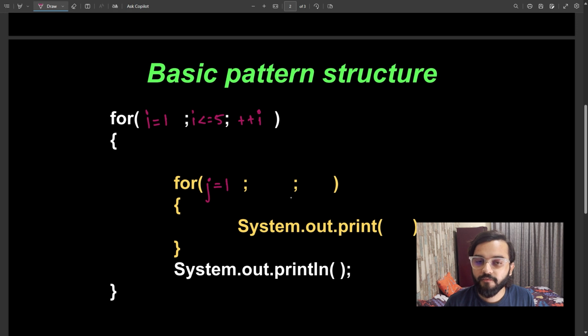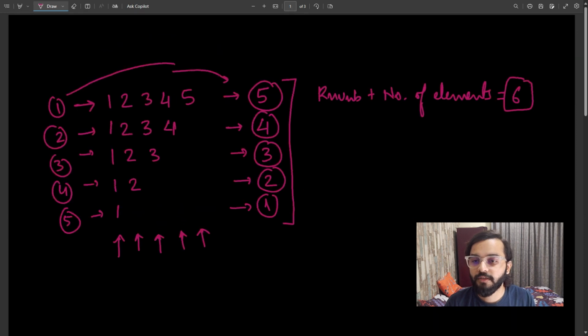Condition I will take afterwards, and we will increment the value by 1. We know that we have to print the column number in order to get this type of pattern. This is the reason I am taking the value of j as 1 till it is 5.